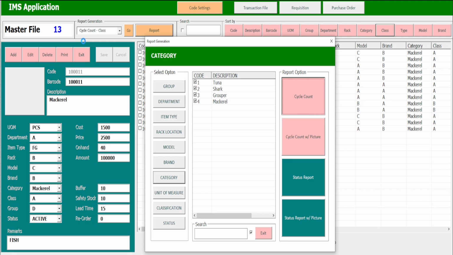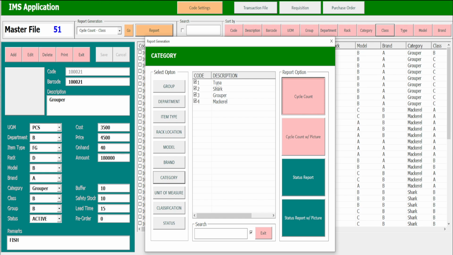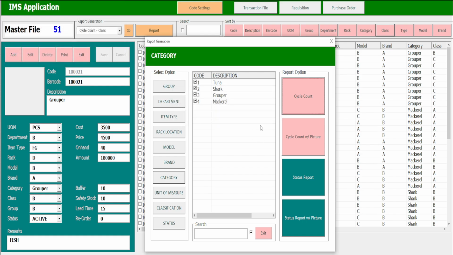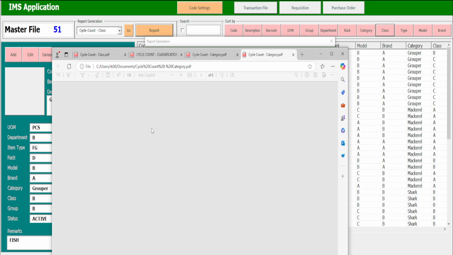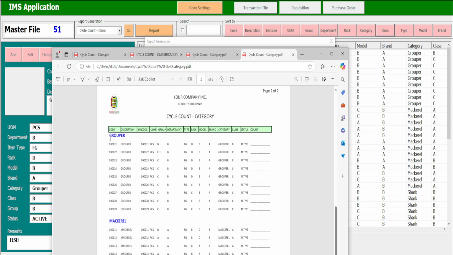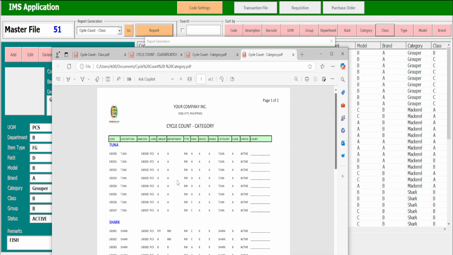And this is the report for cycle count by category with all categories, this one. So tuna, shark, grouper, and also the last, mackerel.